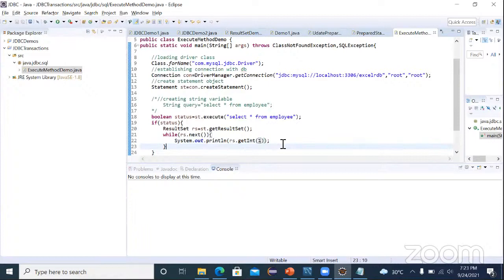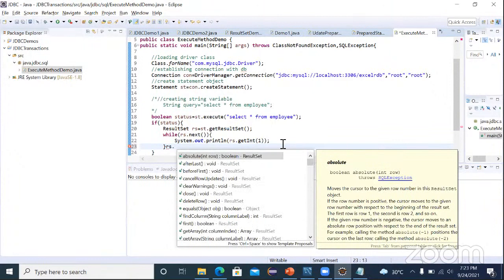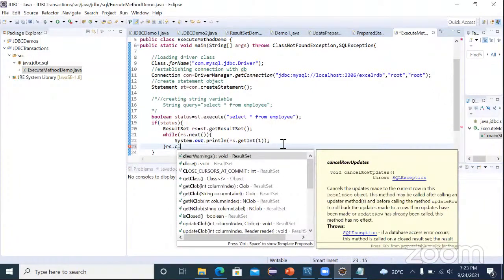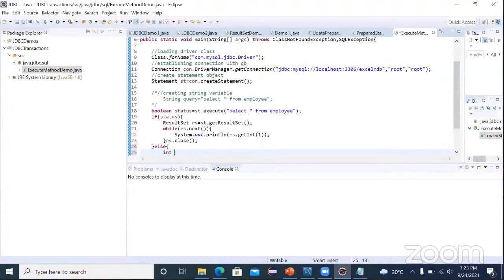Yes, close the connection. What connection is that? ResultSet dot close. Okay. After closing, we have one more part, that is the else part. Else, we are going to take the count. Okay. So int